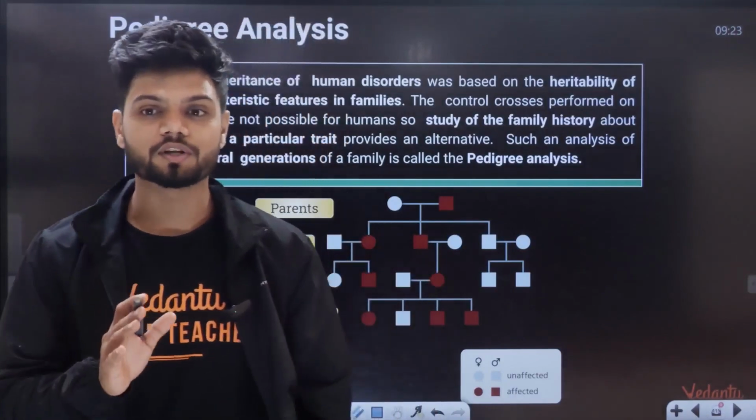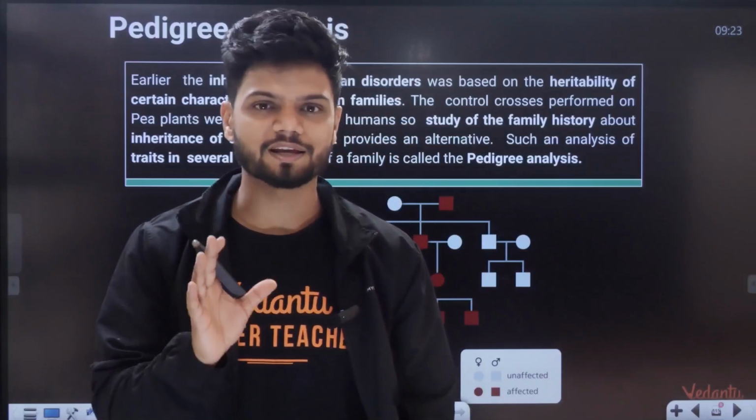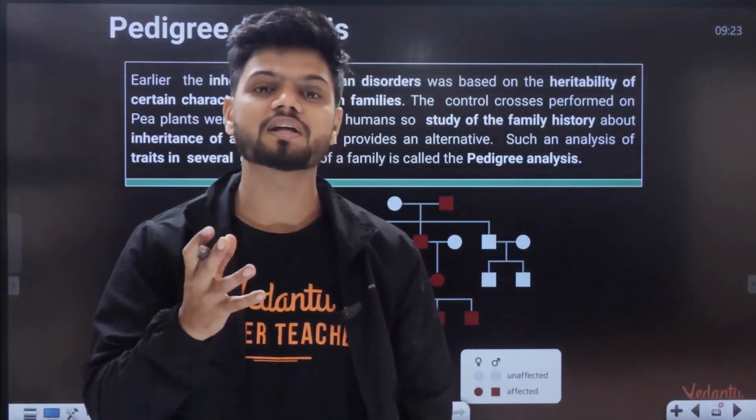The next concept is called your pedigree analysis. Very simple, very easy. Pedigree is basically, let's say, a map which tells you a